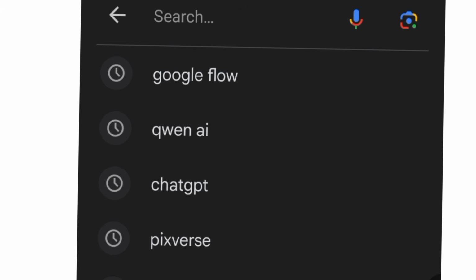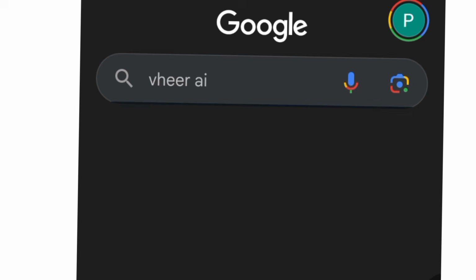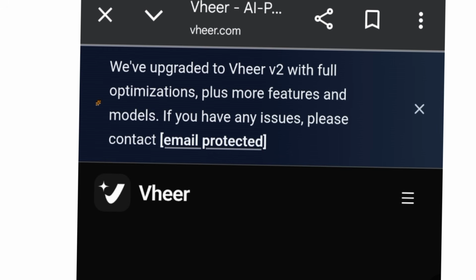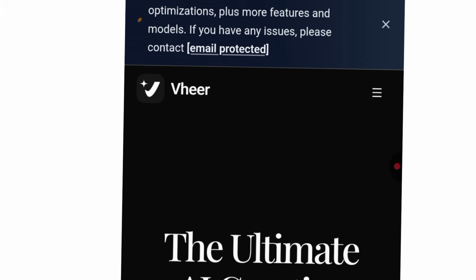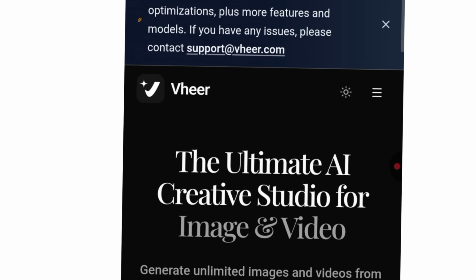So the next AI tool for tonight is Vheer AI. I so much love this AI tool and I can't even explain. So this is their logo. If you go ahead to click on it, it will take you to another interface. Like, this particular AI tool saved me, seriously. You guys will not understand, but I know what I'm saying.